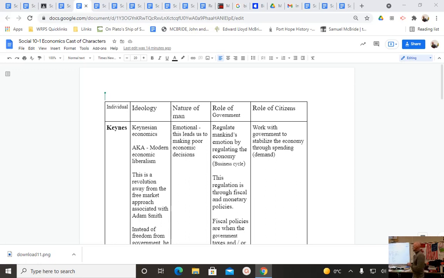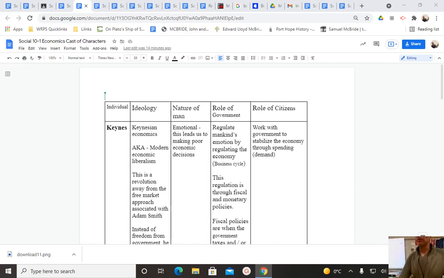From there, we looked at some specific ideologies. One of the specific ideologies we looked at was Adam Smith. Adam Smith looked into the role that the government was playing in the economy, and he said it was too much. The government had their hands on the economy too much. And the system in place at the time was called mercantilism, and the government's role within mercantilism was they would grant royal monopolies to corporations like the Hudson Bay Company or the British East India Company. And Adam Smith argued that this was actually reducing the potential wealth of the nation, that the nation could be wealthier if instead of practicing